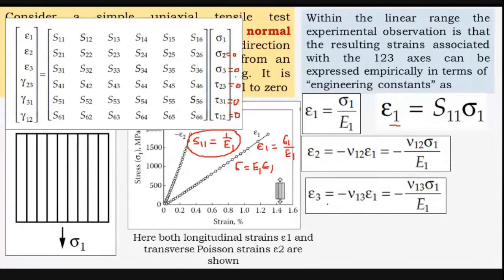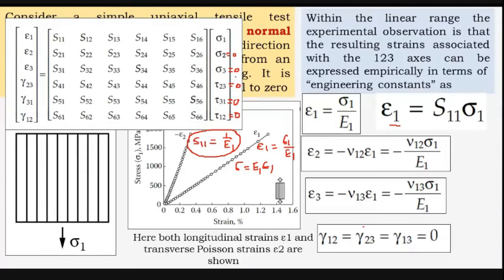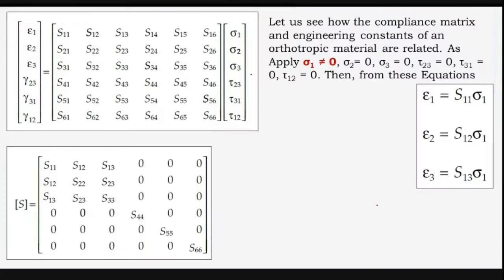Then we can get epsilon 3 as a 1 3 epsilon 1, because, as in the earlier case also, we have seen that there is no shear stress induced in this, so all shear strain components will be 0. Now in this case, just remember these relations, this one and this one, this will obviously be 0. So here again, see that